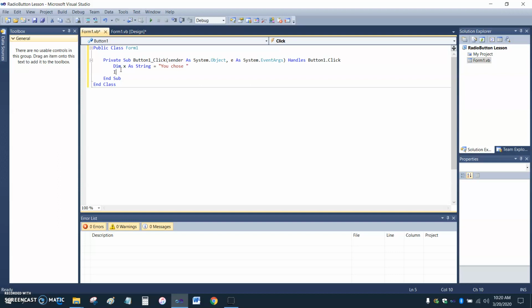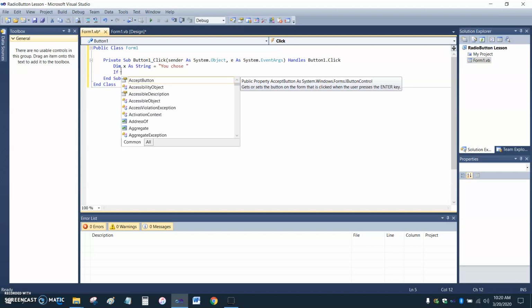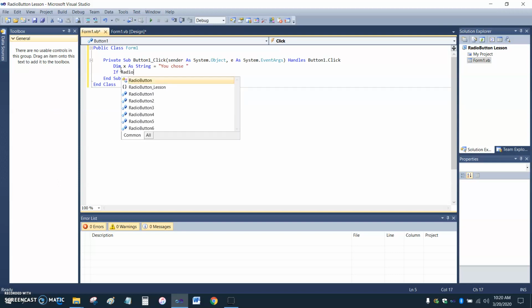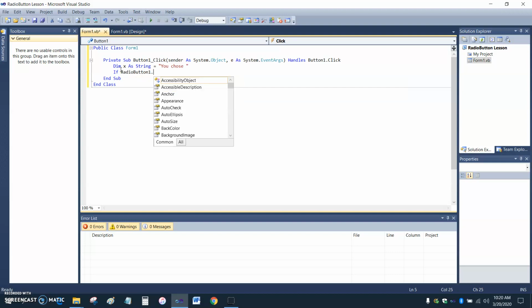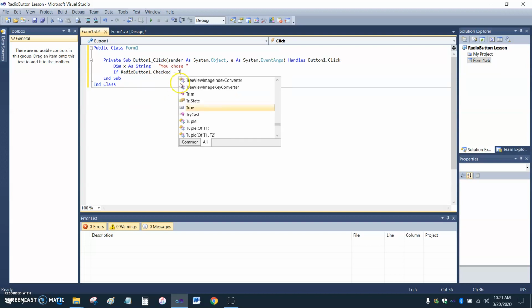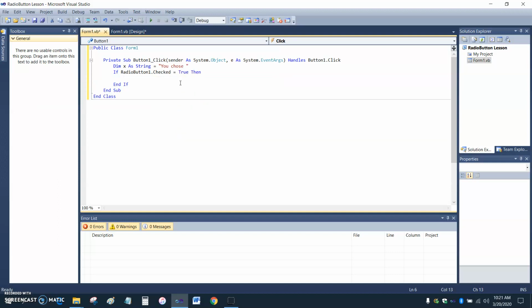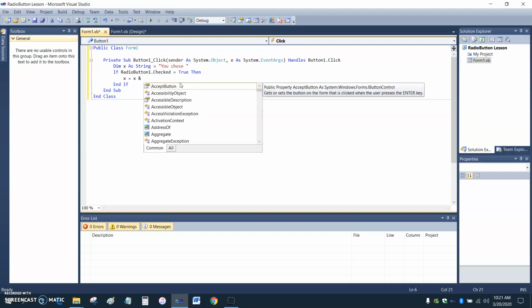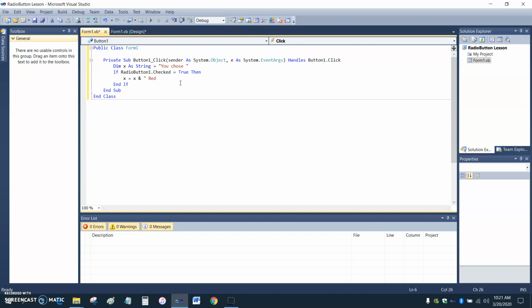So we're going to say if radio button 1 checked. If its checked property, here it is right here, is true, that means that one was selected when they hit the button. So if that's true, we're going to say x equals x concatenated with "red". And then we're going to say "and" here because we know they're going to select something else. Red and